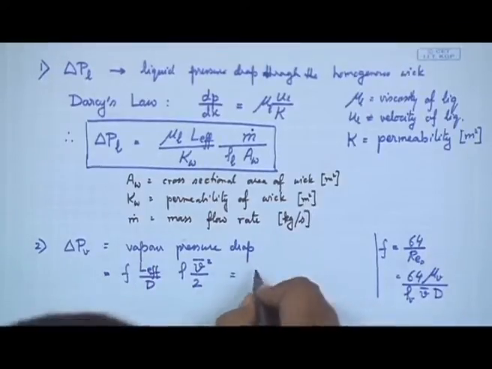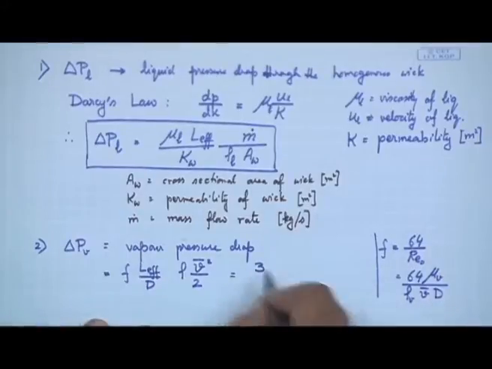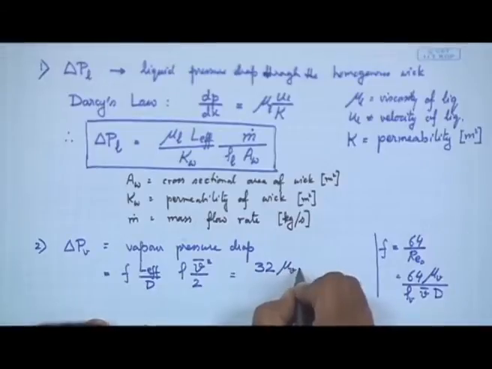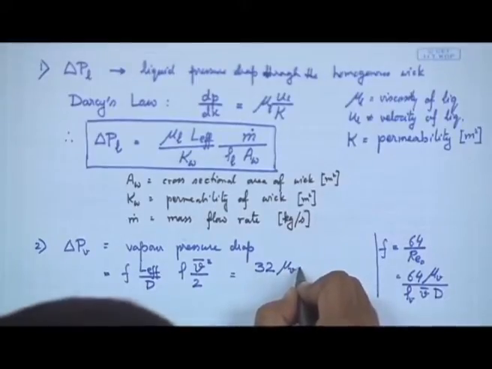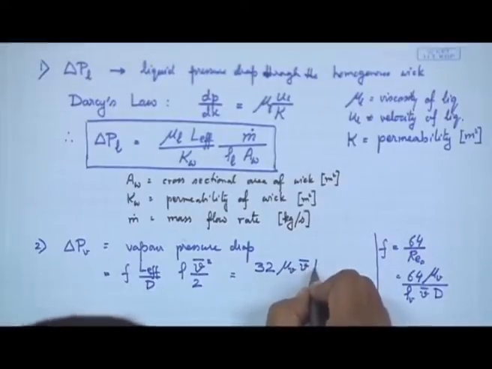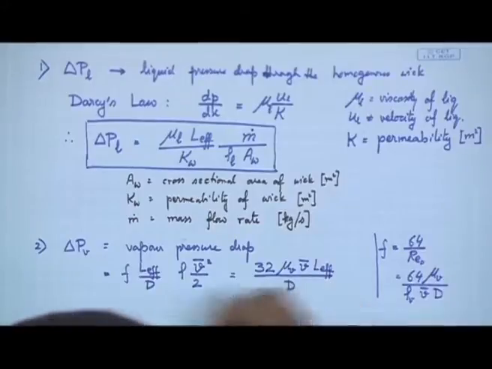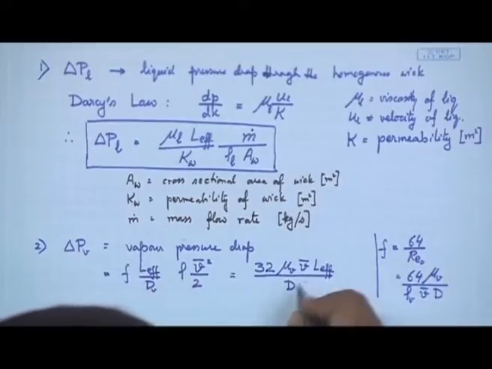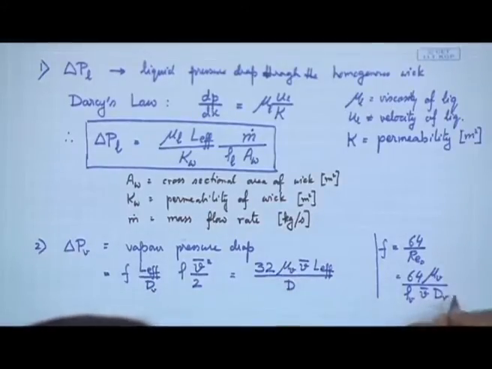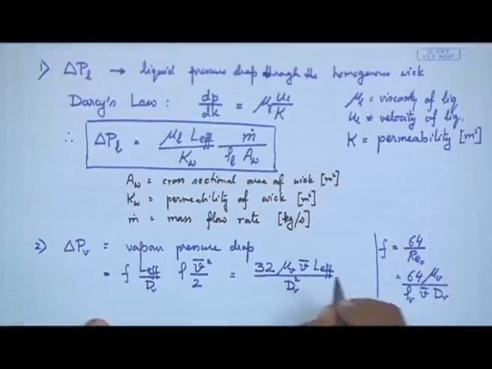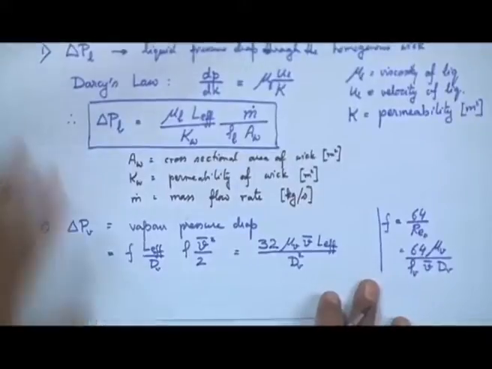So, therefore, let us put this back here and write it as 32 mu v times V bar L effective over, let us call it dV, because diameter of the vapor core dV squared, or finally let us box it in this way,